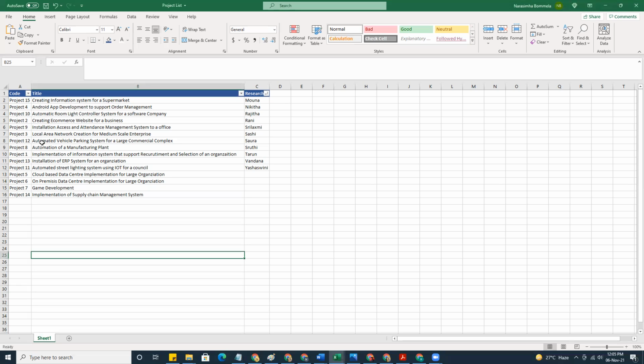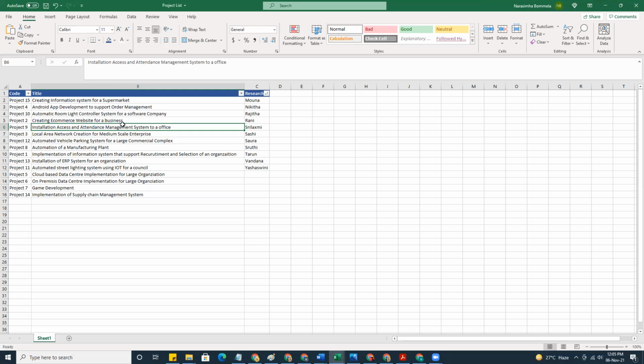The next one is installation of an access and attendance management system to the office. This is like a network infrastructure that allows users to access the doors from which they can enter into the office. That system should be implemented, and it should be integrated with the attendance management system.